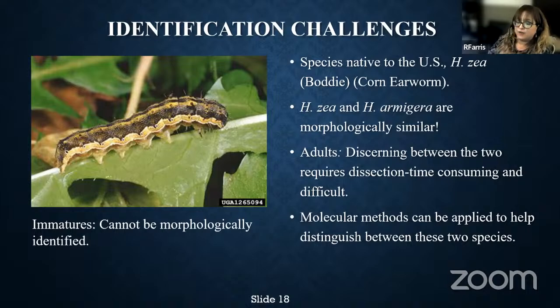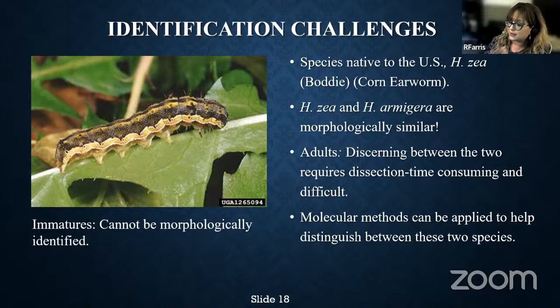So there are identification challenges to this pest, which is why we have worked on it. As I mentioned, the really bad player, the Old World Bollworm, is not established in the US, but guess what? There is a species of Helicoverpa known as Helicoverpa zea, or the corn earworm, which is actually established in the United States.